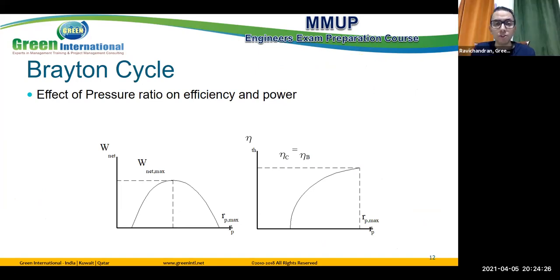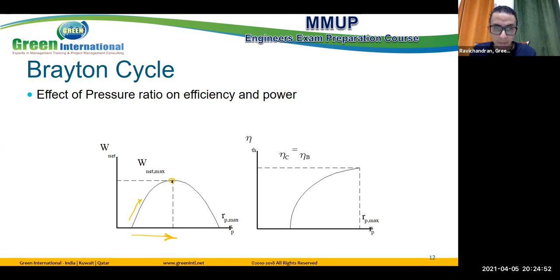Effect of pressure ratio on efficiency and the power. Pressure ratio means P2 over P1. So RB, when you're going max, this is theoretical. When we increase RB, the pressure ratio increases. What happens for work? Work is going to increase up